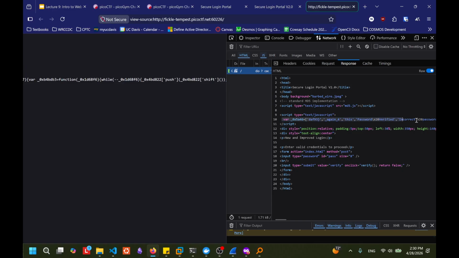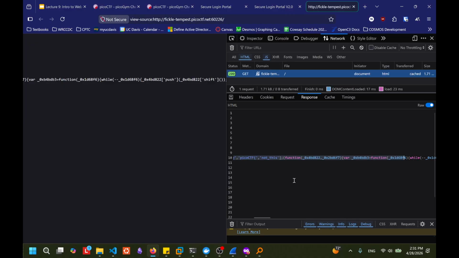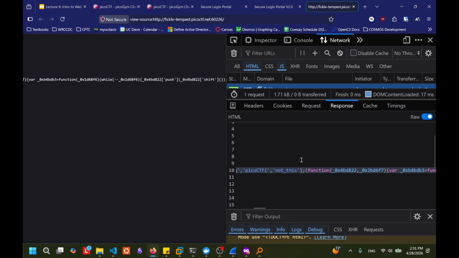You see here there's a very long piece of code that they very helpfully took out all the function names for you and replaced them. This is a bit of a reverse engineering challenge.